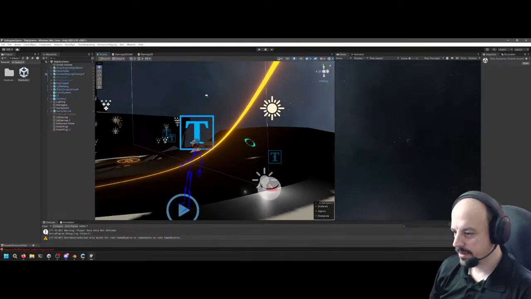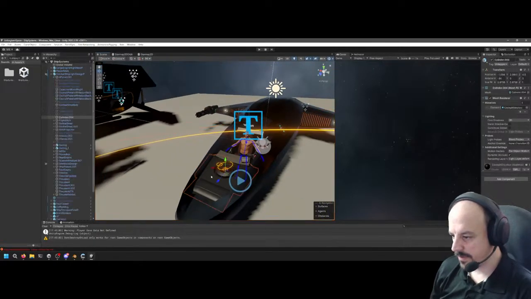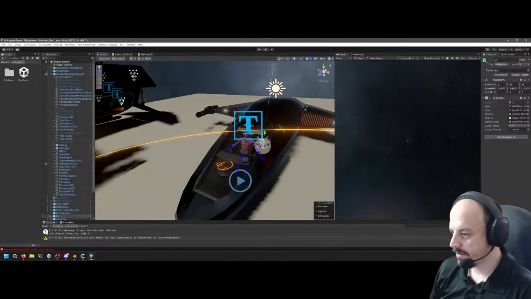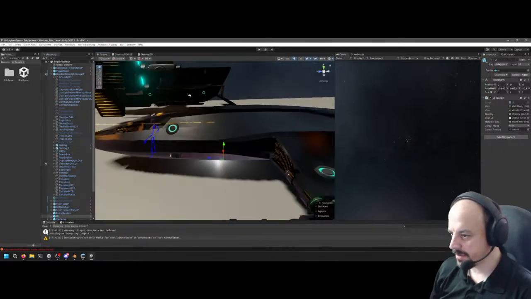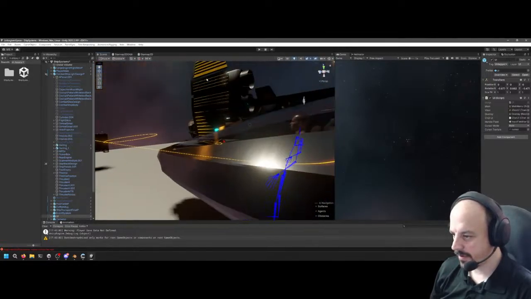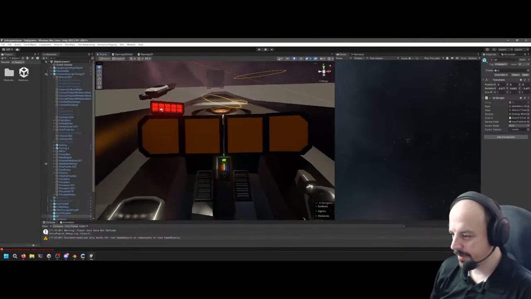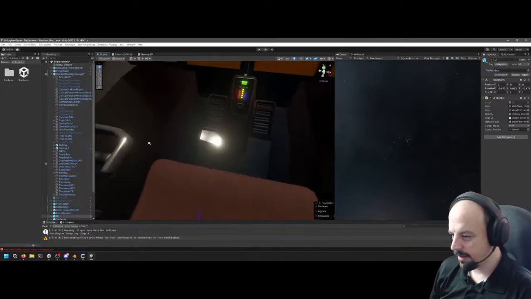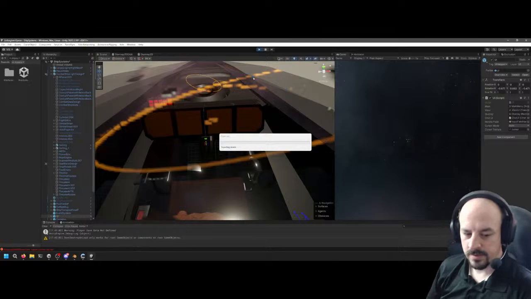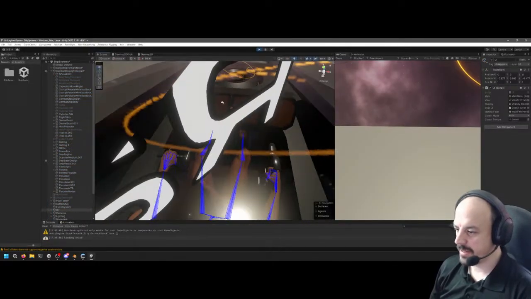So check out the, need to find. Yeah, so look at how nice the combat ship is that I'm working on. All the thrusters and everything are accurate. Working on a better star map display. I'll hit play so the IK system will update. There we go. So all animations are runtime.